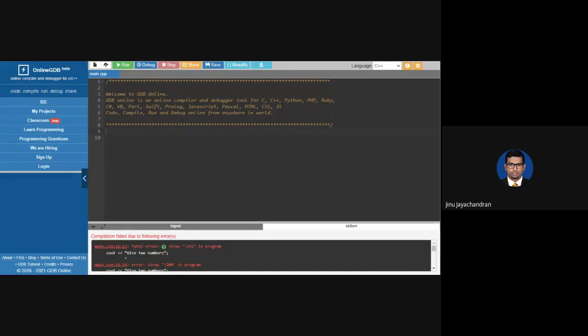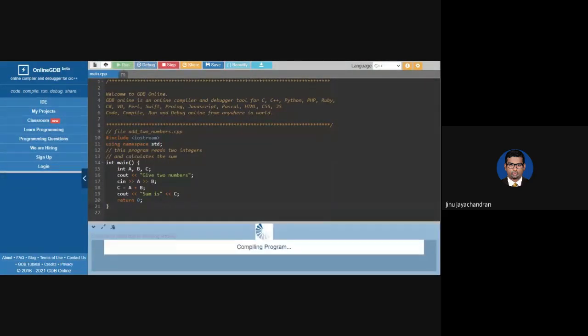Similarly, you have an app called CXX Droid for Android, and you can write the program in that app and execute it also. Okay, so let me just finish up this one. Okay, let's run this.